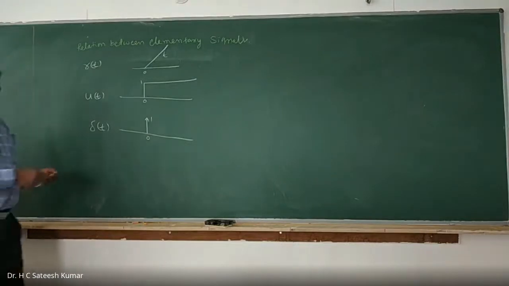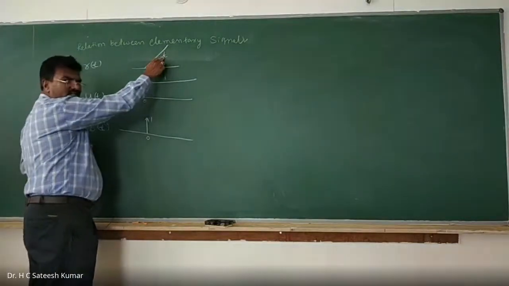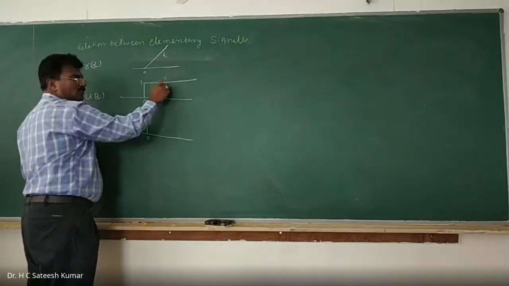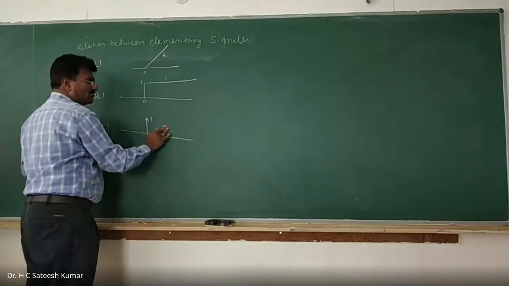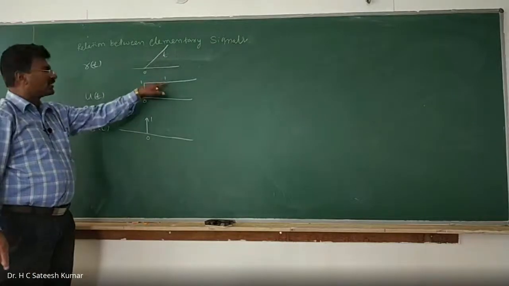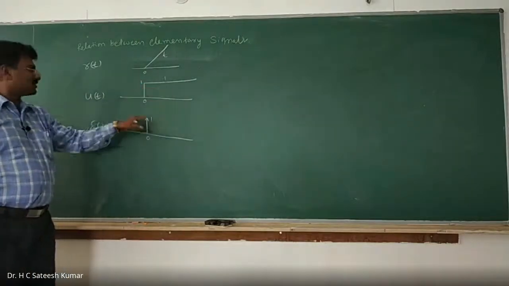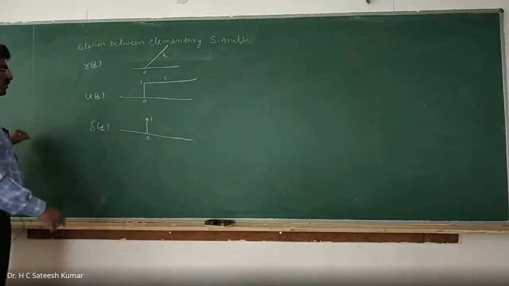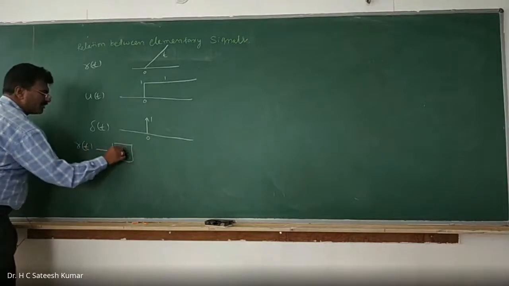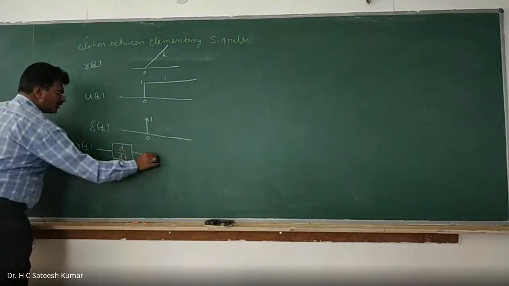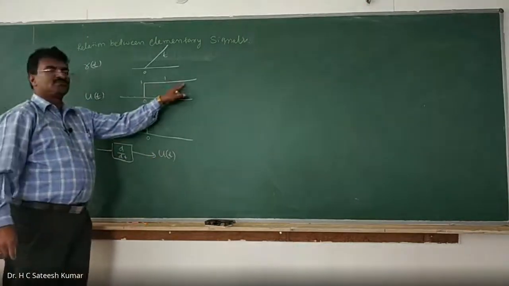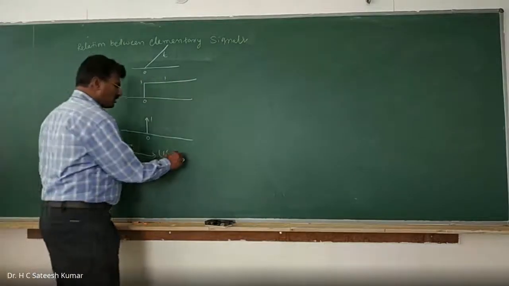See this. If you differentiate t, you will get 1. Differentiation of t is 1. And differentiation of 1 is 0. And rise will be as it is. So therefore, if you differentiate r of t, you will get step. If you differentiate step, you will get delta function. So therefore, what is the relation? R of t, if you differentiate it, d by dt, you will get U of t. If you differentiate constant, it becomes 0 and only rise will be there. So therefore, what is that we can write?